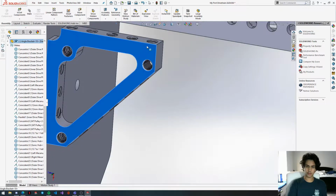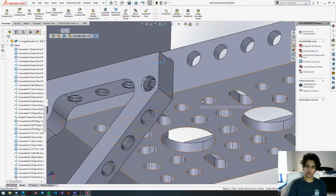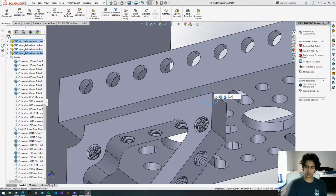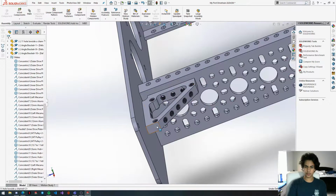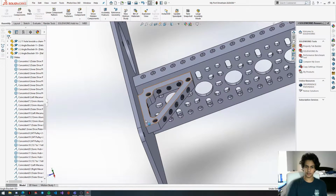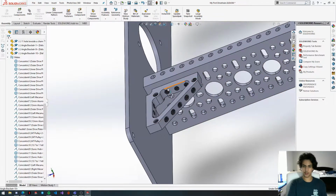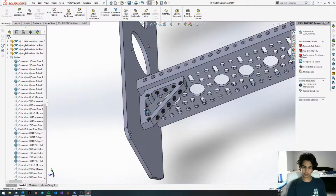Okay, now we're going to get this hole and this hole and connect them. Since we already coincidented the inside of this face to this plate, we don't have to do the second concentric because it's already parallel to the bottom plane anyways. So now we're going to select this,